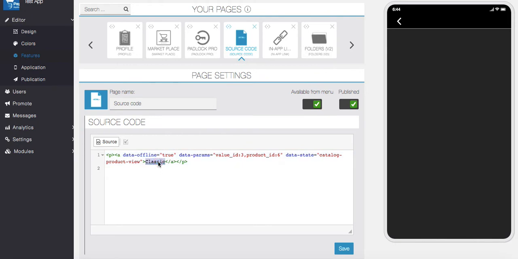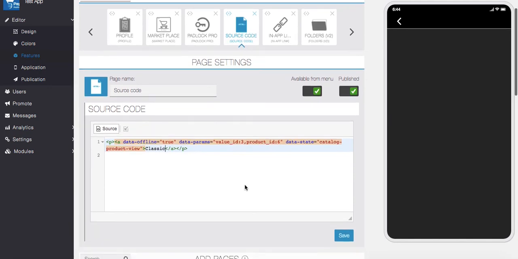Text you can put anything that you want, you can change it. But if you want to send the user to any custom page, then you need to find out the value ID and additional parameters. So these are the parameters and the state name. So in this video we are going to see how we can find out these values for any page, and this way you'll be able to connect to any page inside the app.